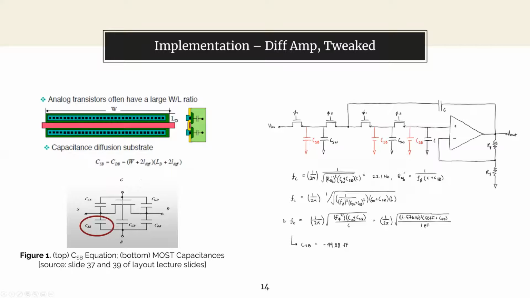So in order to try to model why this cutoff frequency was so much lower than expected, I attempted to take into account the parasitic capacitance of the NMOS devices. And looking at the layout lecture slides, analog transistors, which in this case are being used in an analog implementation with a large W/L ratio, which these transistors have, tend to be affected most by the source to body capacitance, CSB,